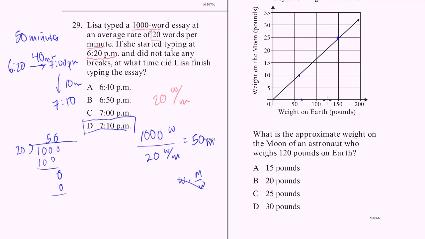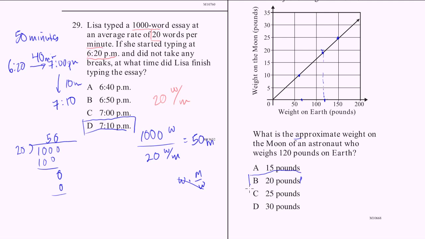120 pounds. Let's see, if we go halfway, that's about 125, between 100 and 150. 120 pounds will be right there. You go up the graph, just like that. And you go there, and it looks, I don't know, like 18 or 19 pounds. And they say, what is the approximate weight? So the closest thing here is, they have a choice of 15 and 20. Well, we're definitely closer to 20 than we are to 15. So I will go